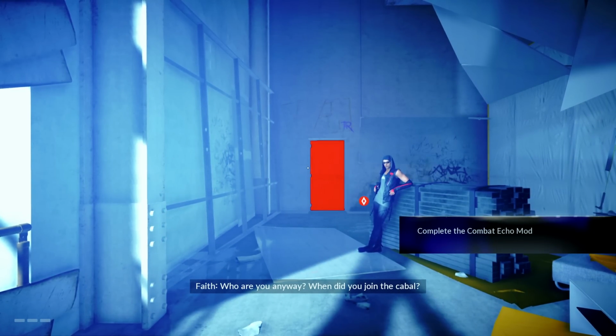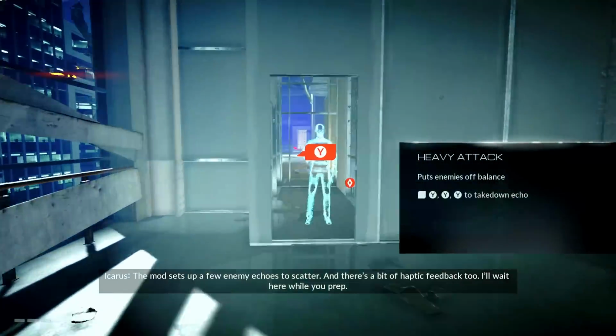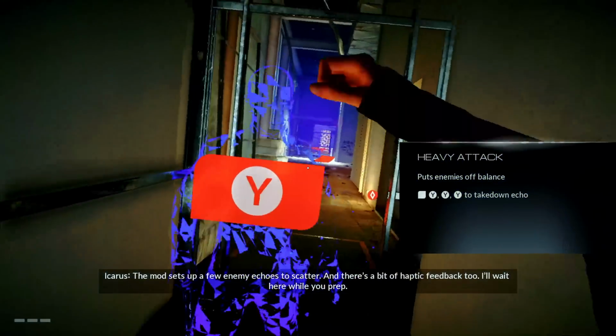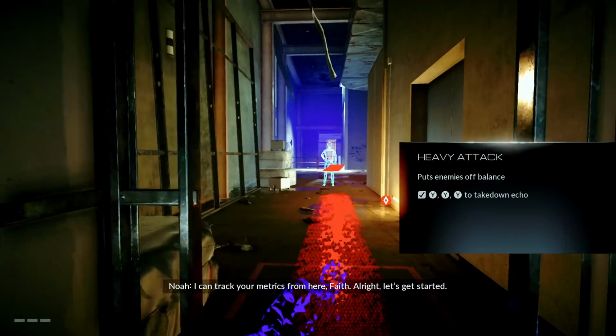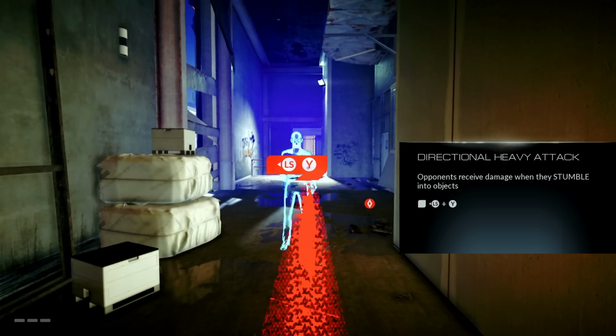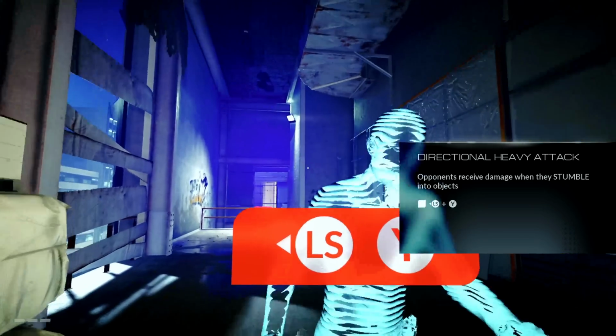And now we've got a little bit of combat to do. So this is just kind of practice combat. So you're going to hit the Y button to do most of your combat attacks from here on out. And sometimes you'll have to go up to these guys and press in a direction. So here we're going to press to the left and hit Y so that he slams into those bags